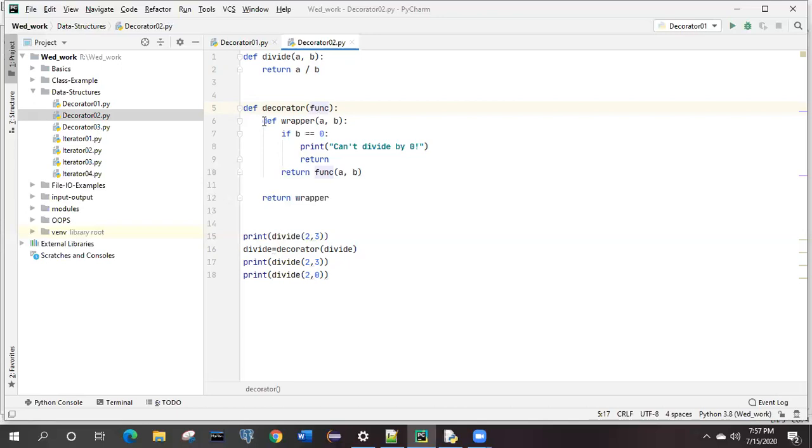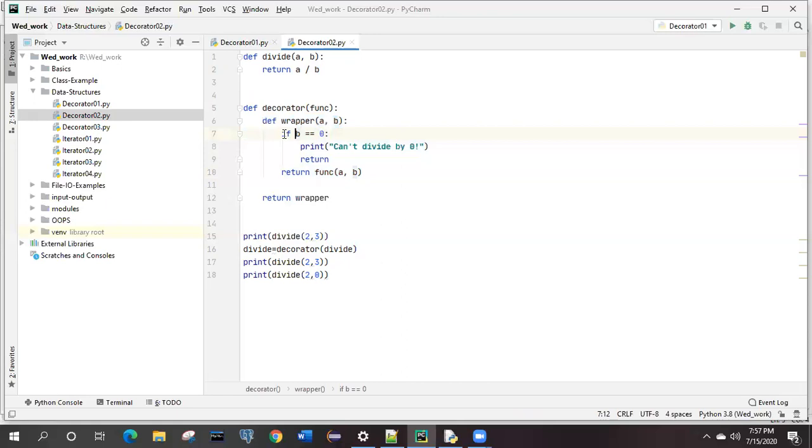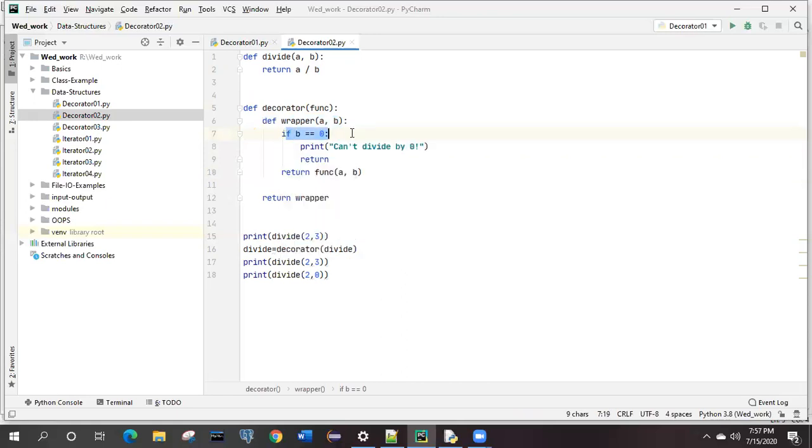Okay, so like the previous example, it will come to this decorator part now. The two items have been passed over here for the decoration work. In this decoration work, what is it doing first, before proceeding further itself? It is checking whether b is equal to 0 or not. If it is 0, it will give you a direct message without returning anything.